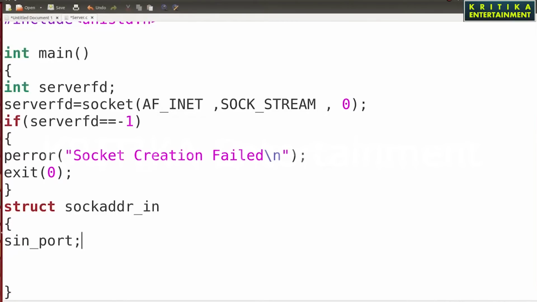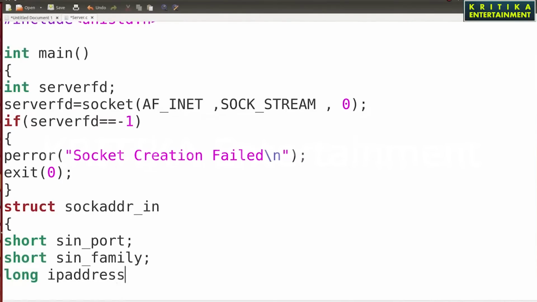Then sin_family, which is also a short, 2 bytes. Then another is the long IP address.